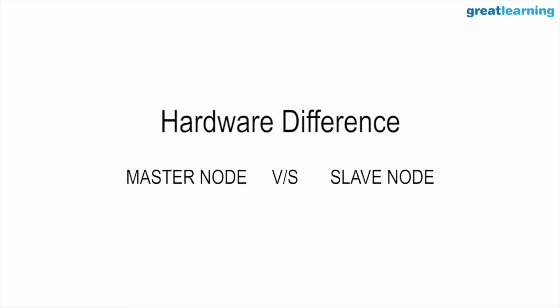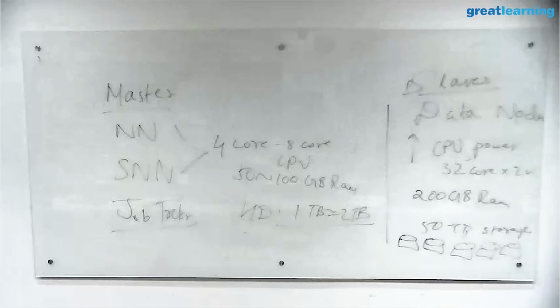So data nodes are quite powerful in terms of storage capacity and also in terms of processing capacity. They are much more powerful than most of the masters. Because this is where your computation happens, your processing happens, and this is where your data is stored, not in the masters. Masters just give instructions. And the slaves are the ones which do the heavy weightlifting work. So their CPU configuration, RAM configuration, hard drive configuration will be very high.